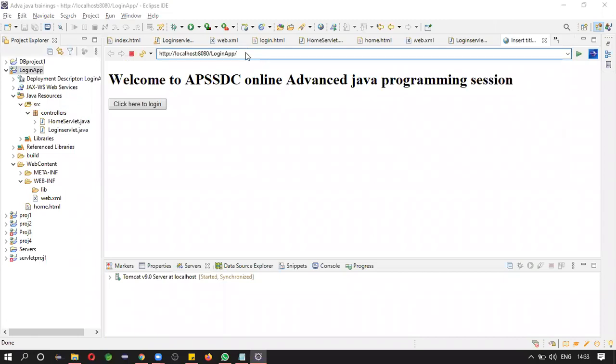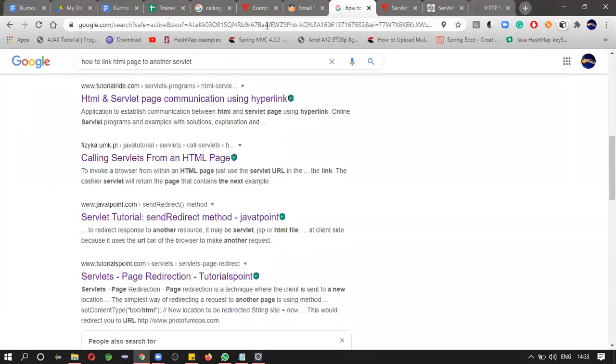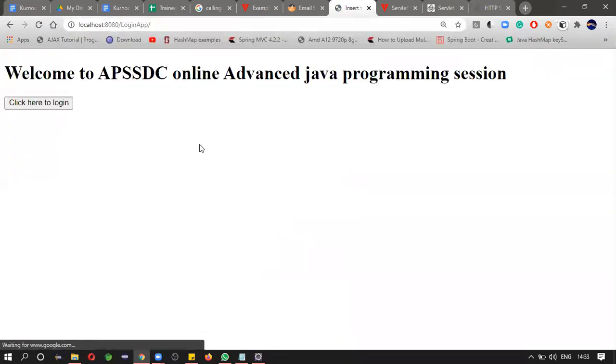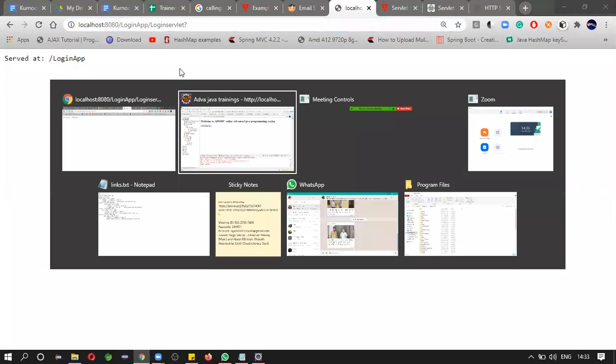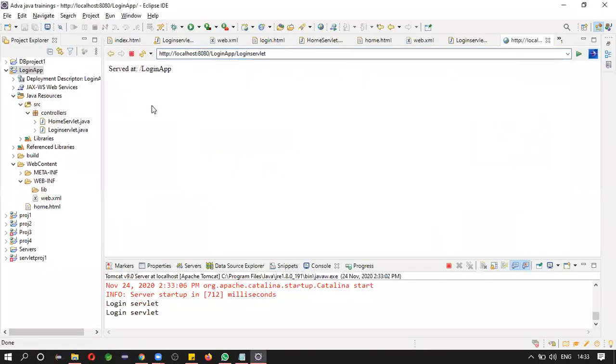This browser is similar to this. Click on login. See, login servlet. Servlet login. See the output here.